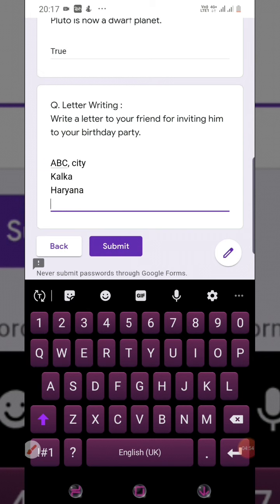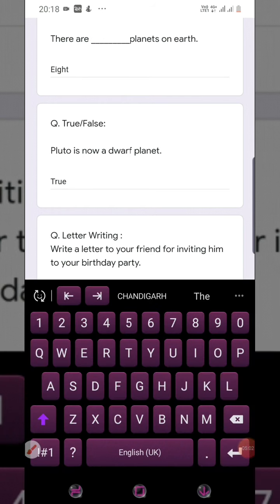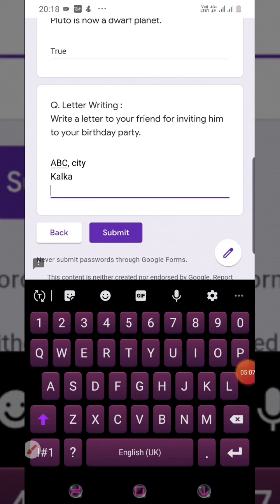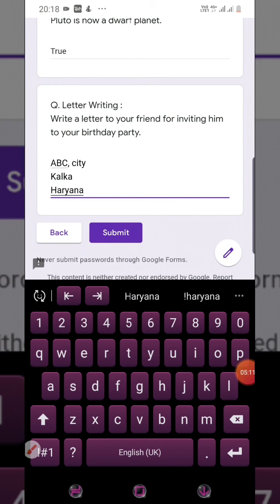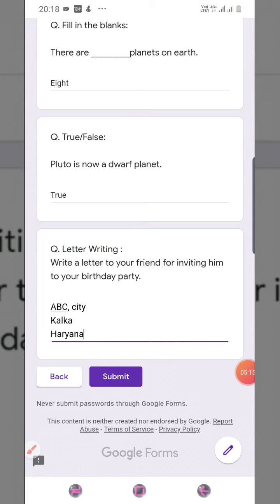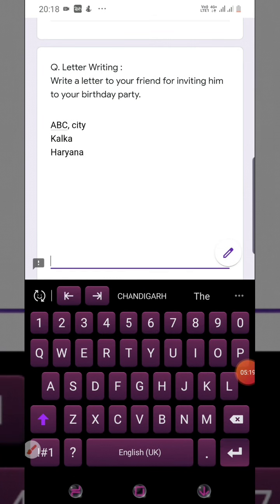You have to press the enter button given over here, like it is given in the keyboard. So this is how you have to give enter.